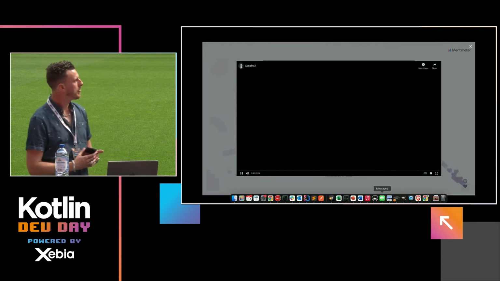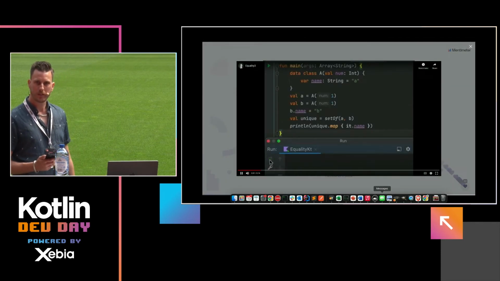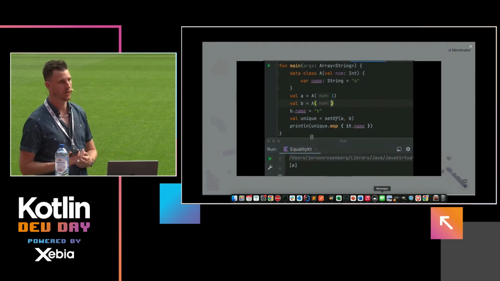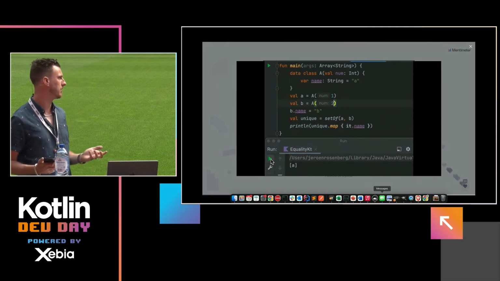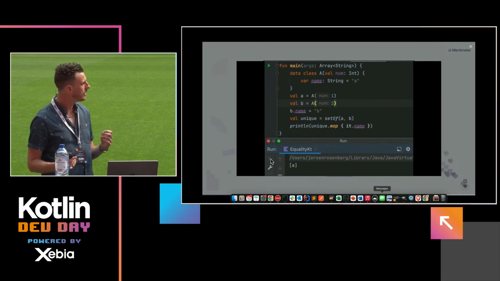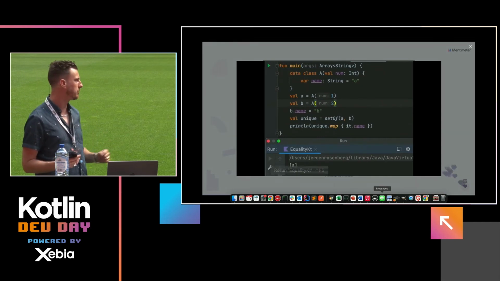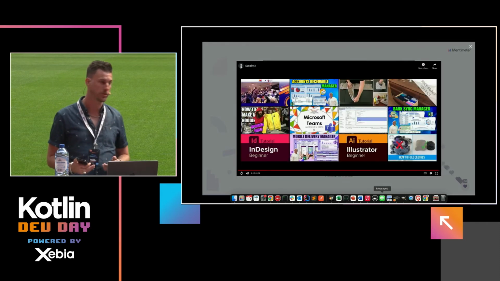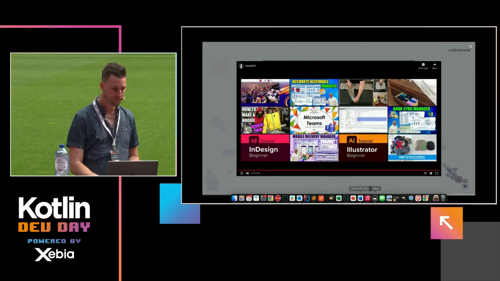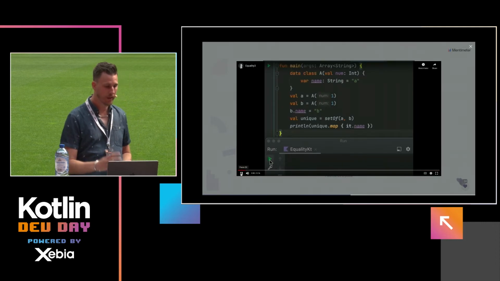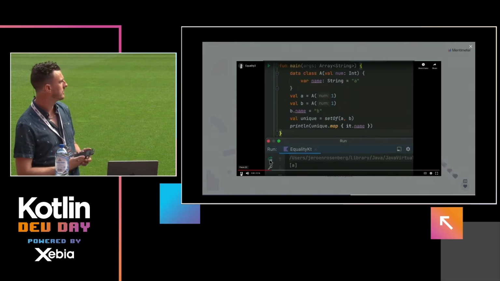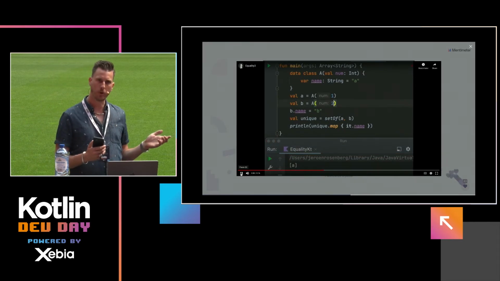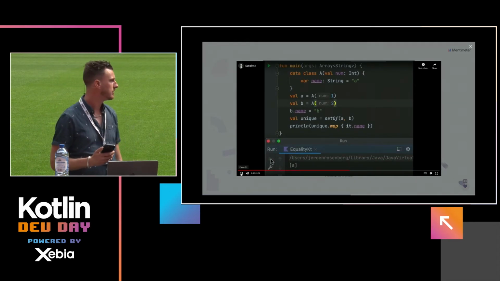So, as you probably know, for data classes, the compiler generates the equals and the hashcode method for you. So you don't have to write the boilerplate. And the equals method and the hashcode method are used to determine equality. So for instance, when adding elements to a set, like in this example, you would probably think that since the name property of B is different, both of the elements should be added to the set.